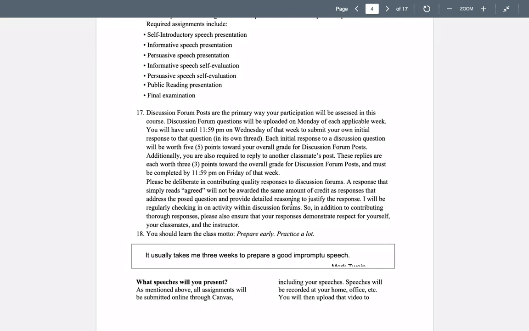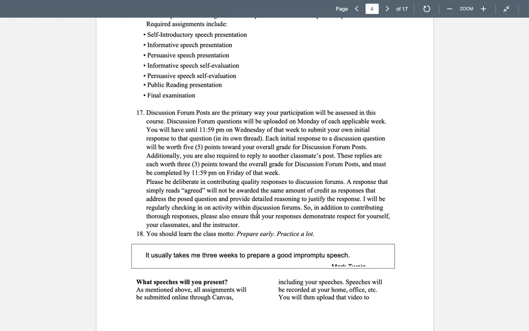Discussion forum posts, we've talked about that already. And I might change the times on those. It says 11:59 on Wednesdays. Yeah, I think I will keep it there, because if you get it done by Wednesday, then it gives people a chance to respond by Friday, and then we can, all that. So usually everything's going to be due on the Sunday, 11:59 p.m. at the end of the week, but the discussions will be timed differently. So make sure you get on with those by Wednesday and then respond to the others by Friday,